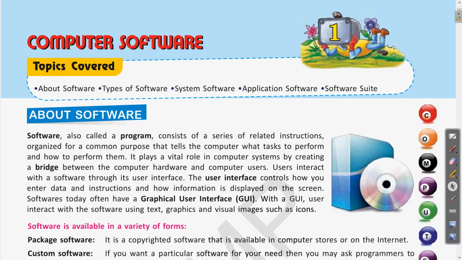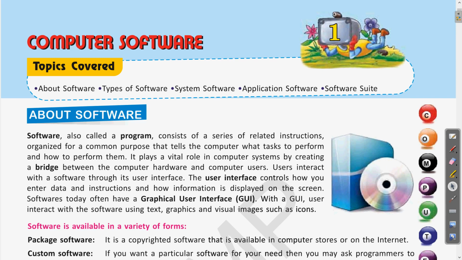Yesterday we discussed what is software, what is the basic meaning of software, then what is user interface. I hope you remember, user interface is the screen or the icon where the user gives the input to the computer. It may be a screen, the touch screen, or whatever is the medium through which the user can give the input to the computer.